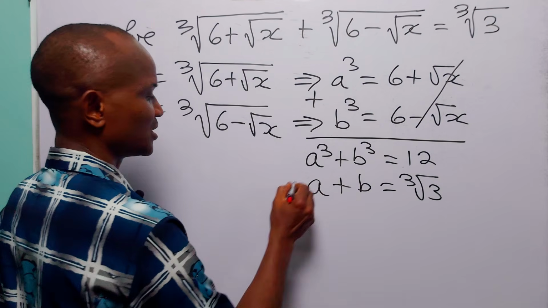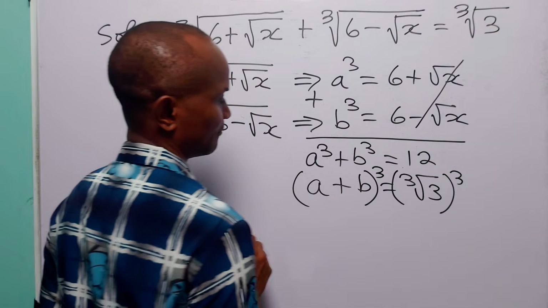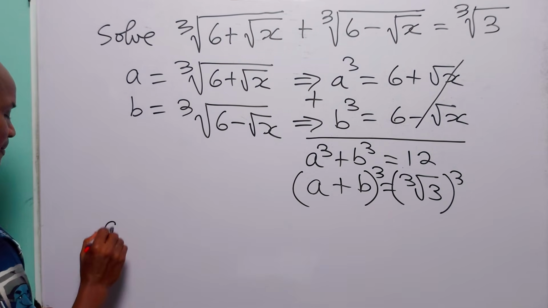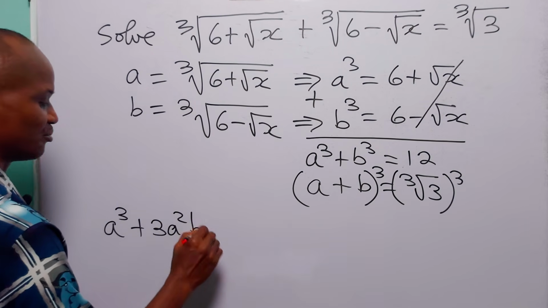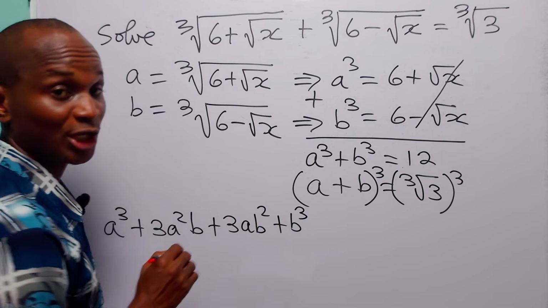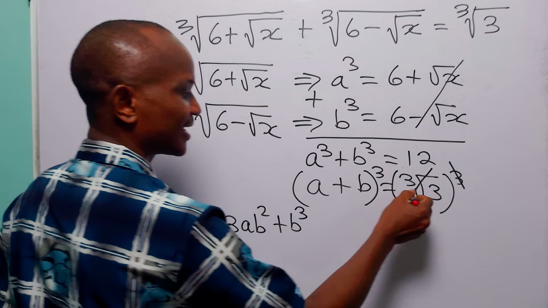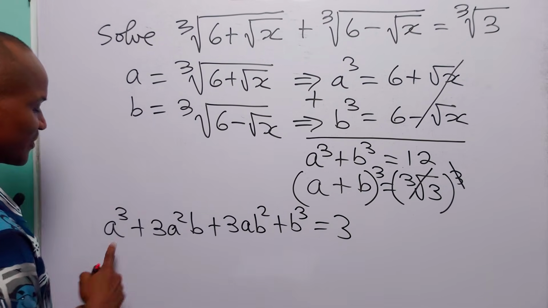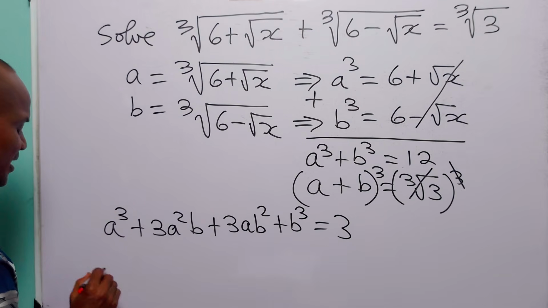The next thing we are going to do is to raise both sides of this second equation to power 3. Now, when we expand the left-hand side, we have a cube plus 3a squared b plus 3ab squared plus b cubed. And of course, on the right-hand side, the cube is going to take care of the cube root, leaving us with 3. Now, let us rearrange the terms on the left-hand side. We have a cube